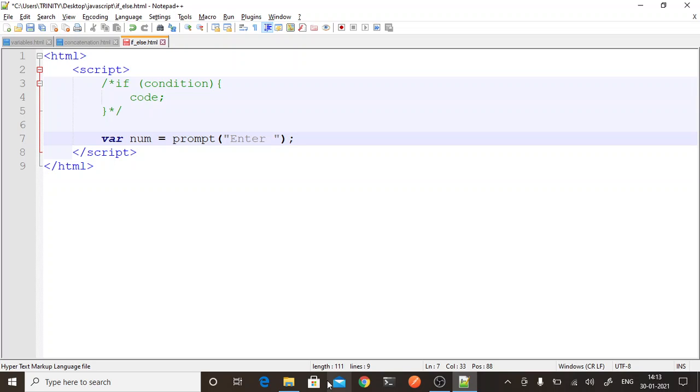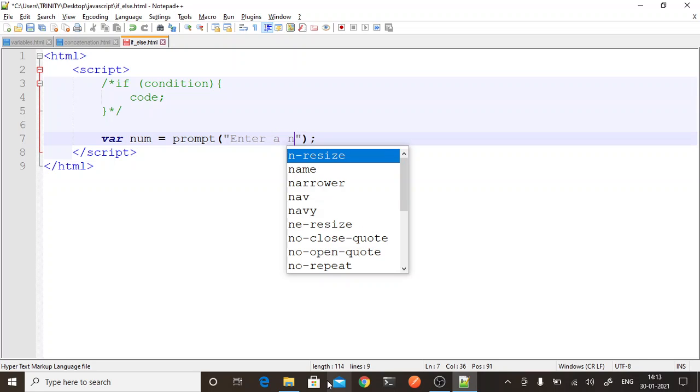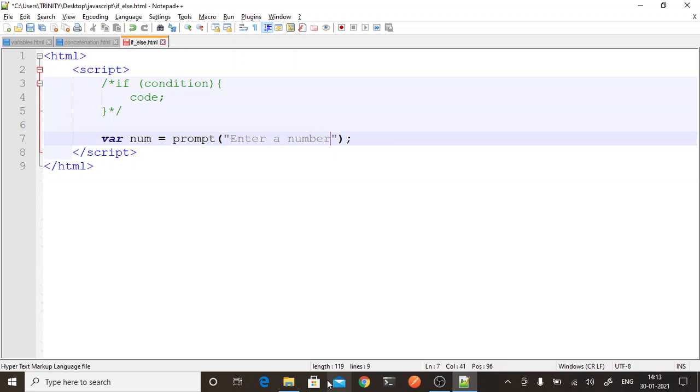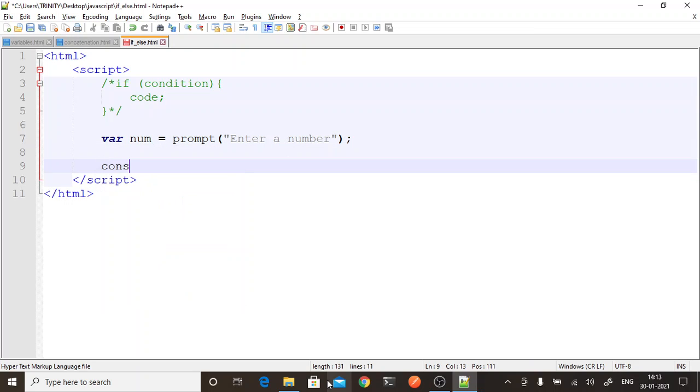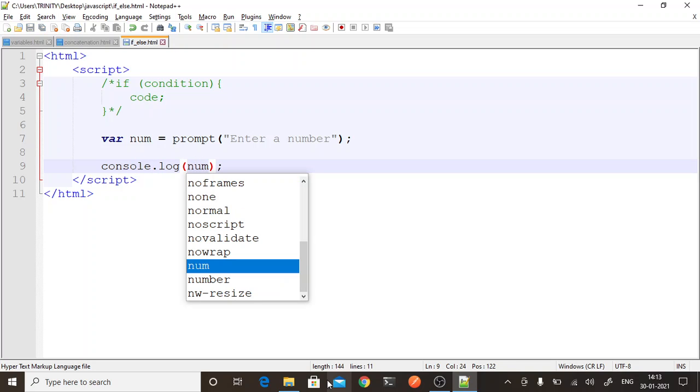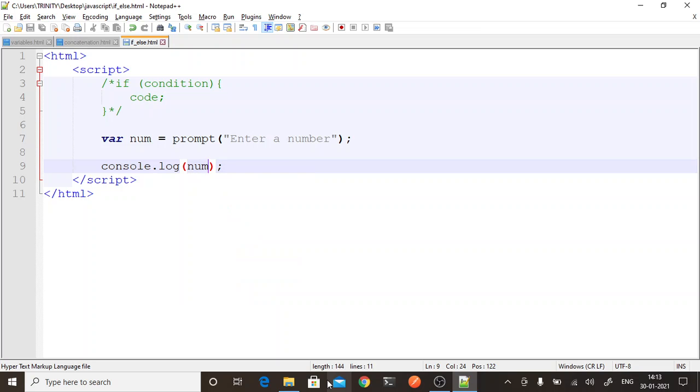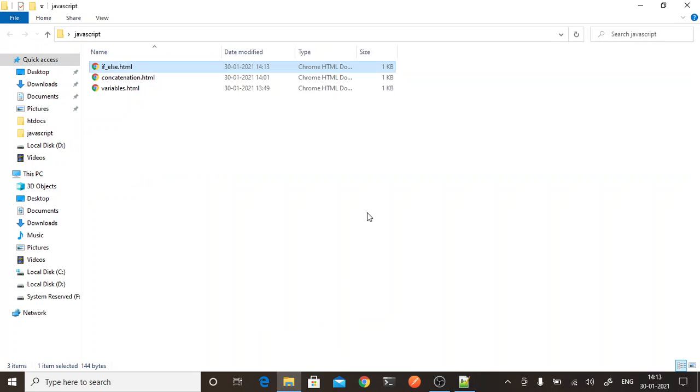I will say enter a number. This will be my prompt, and then we will check whether whatever the user gives is coming in my variable or not. For checking that, I will do console.log of my num. Let's run this program.